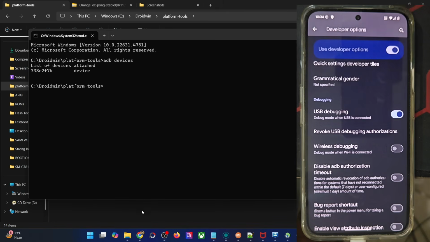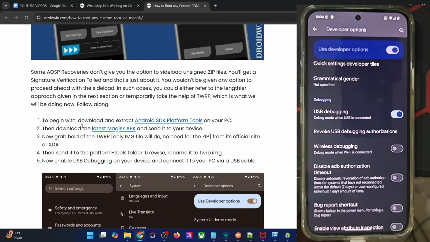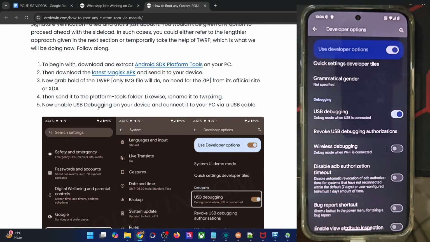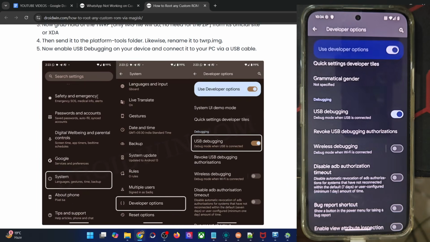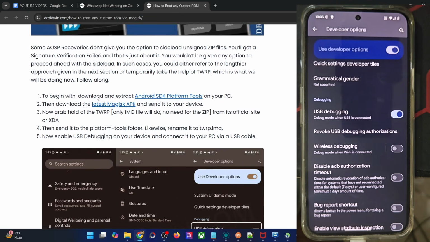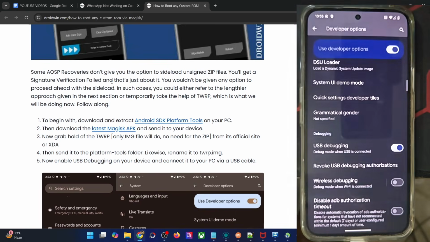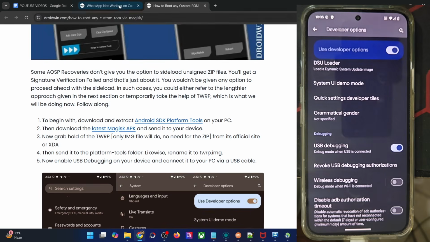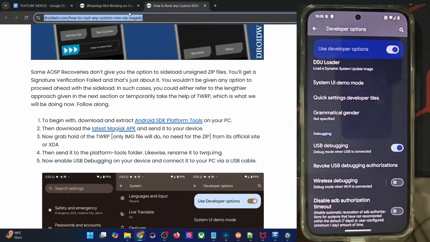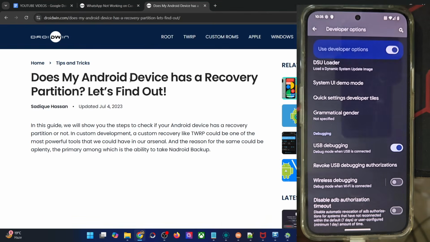Once you're getting this ID, your next course of action is to download the Magisk APK and the zip file and transfer the zip file onto your phone. And apart from that, let's first install the recovery file and then we'll flash Magisk. For flashing the recovery, there is one important point. You will have to verify whether your phone has a recovery partition or not. In this regard, I already made a separate guide as well. Just give me a second. So this is my guide.